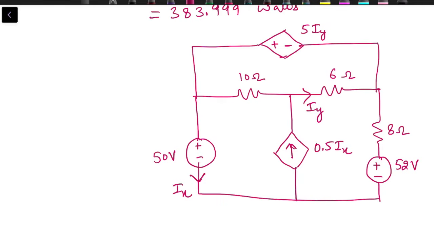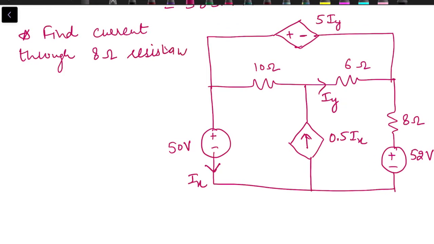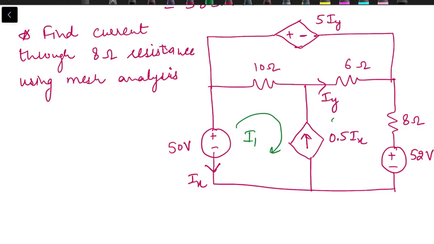So this is the given network, and the question is: find the current through the 8 ohm resistance using mesh analysis. So we need to assign a mesh current to each mesh. Let's assign this current as I1, this as I2, and this mesh as